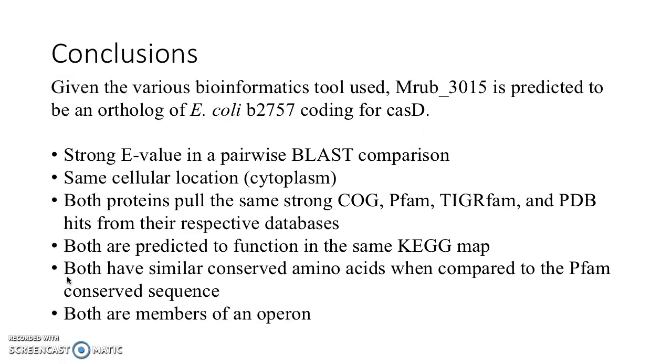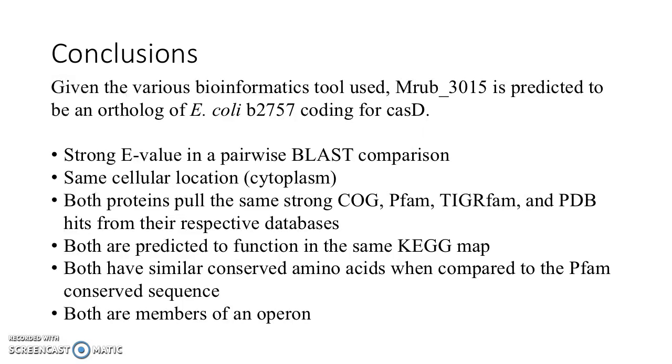In conclusion, given the various bioinformatics tools we used in this study, Myothermus ruber, mRub, specifically mRub 3015, is predicted to be an ortholog of E. coli locus tag b2757, both coding for Cas-D and the CRISPR-Cas array. This is upheld by strong E-value in the pairwise BLAST comparison of the two sequences, of both having the same cellular location in the cytoplasm as told by PSORTb,